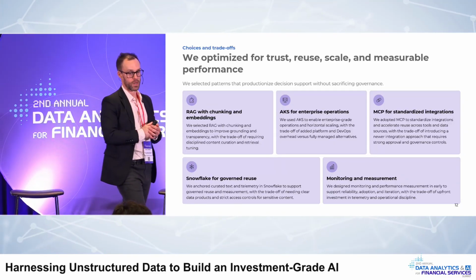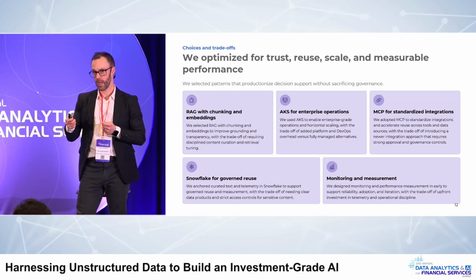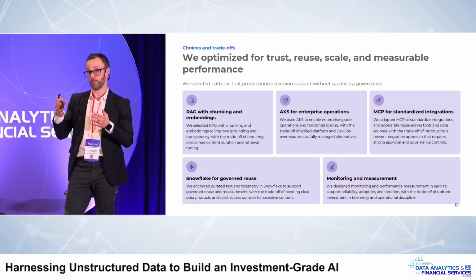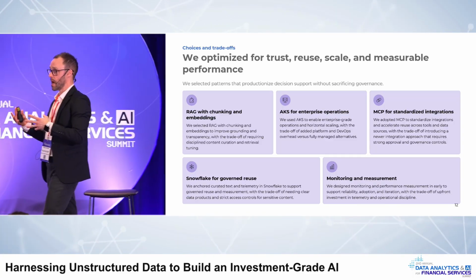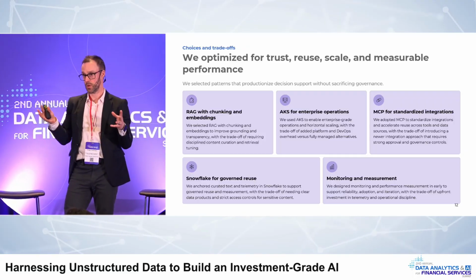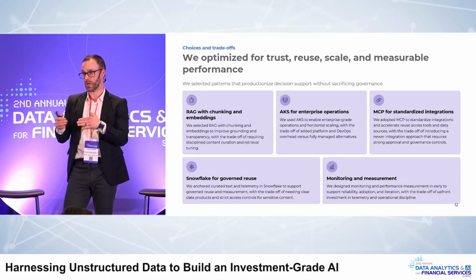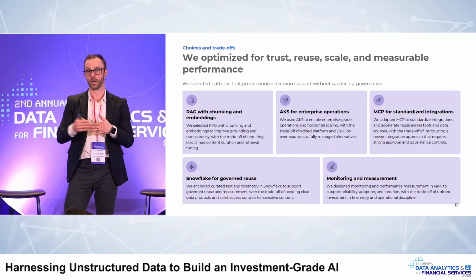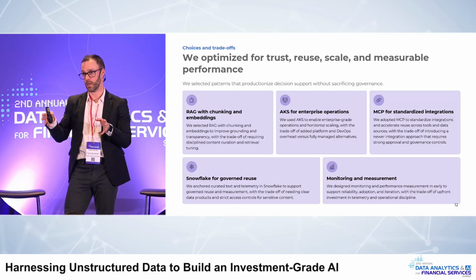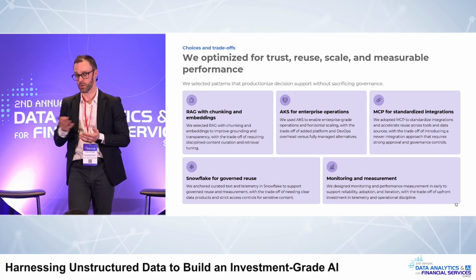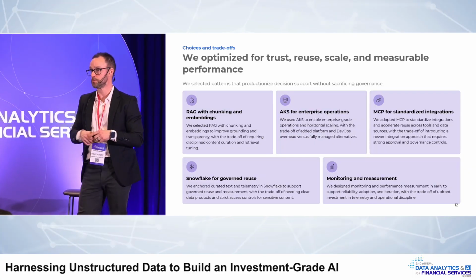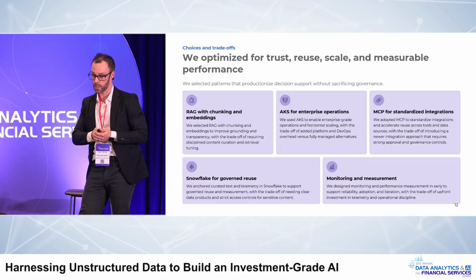MCP was one that came into play along the way as we were thinking through architecture, and so we thought about this as a two-way pattern, which was we wanted to be able to expose our data and our services to the organization, but vice versa. We wanted to be able to have our agents consume services and data through other third-party platforms. And so MCP was a key characteristic that we integrated into the architecture along the way. And it was two-way, exposing our data and services, and our agents consuming from other data services and platforms.